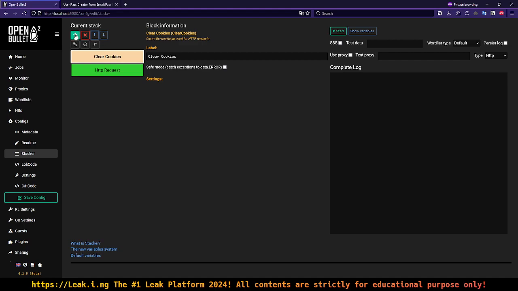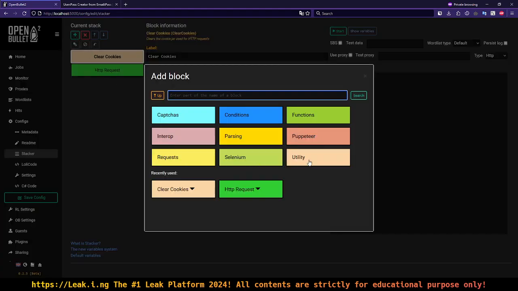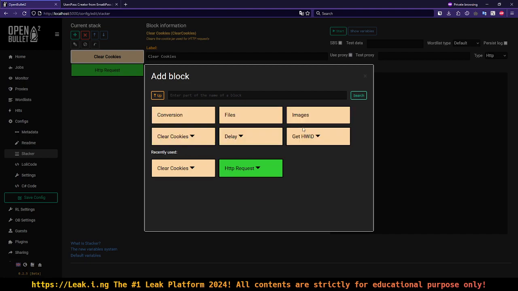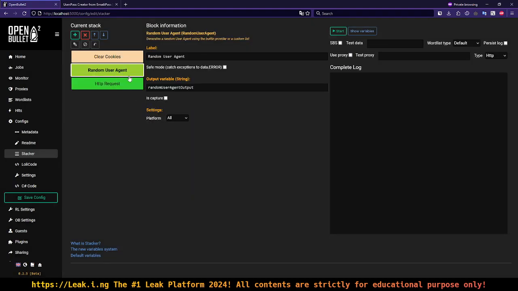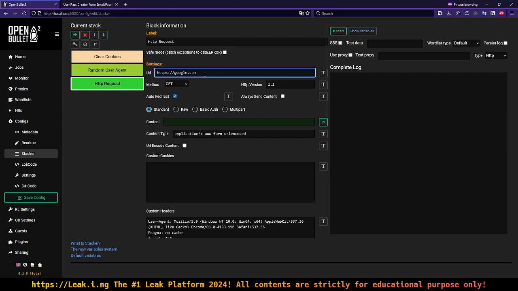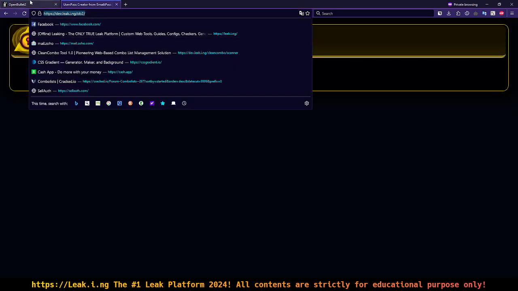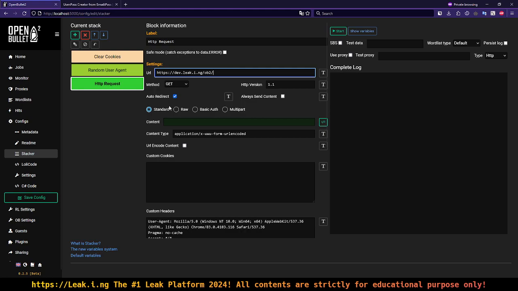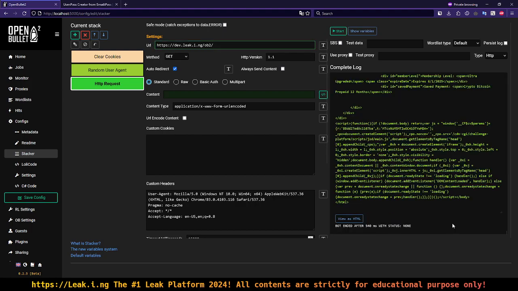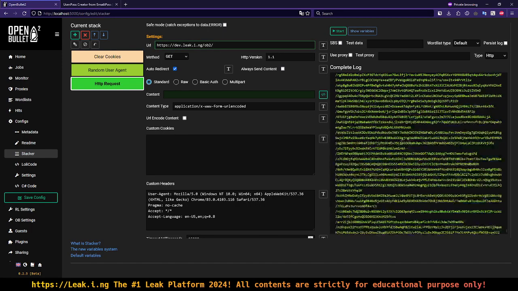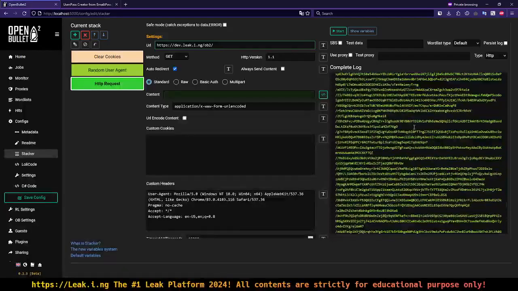And then we also like to do the, I can't remember, do we do it in here? Where's the random, is this under function? Yeah, random user agent. I like to do that as well. Then do it. So the URL was dev-linking OB2, and just for the sake of seeing what happens, let's hit start, and as you can tell, it is going to successfully load the page,